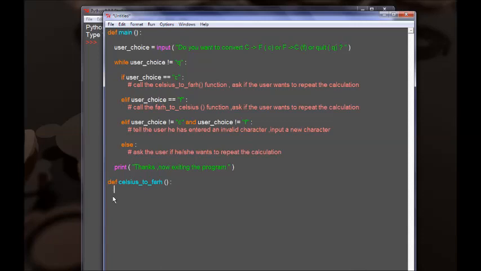Now we're entering the body of the function, and we want to declare and initialize a new variable, which is going to be the degrees in Celsius that the user has entered. So let's name this variable C, and this variable gets the eval of the input from the user of the prompt: please enter the